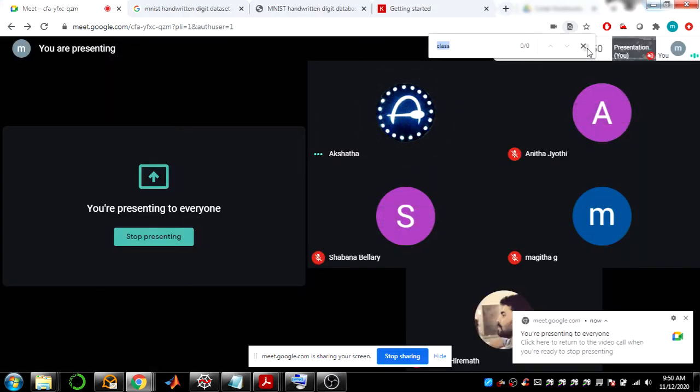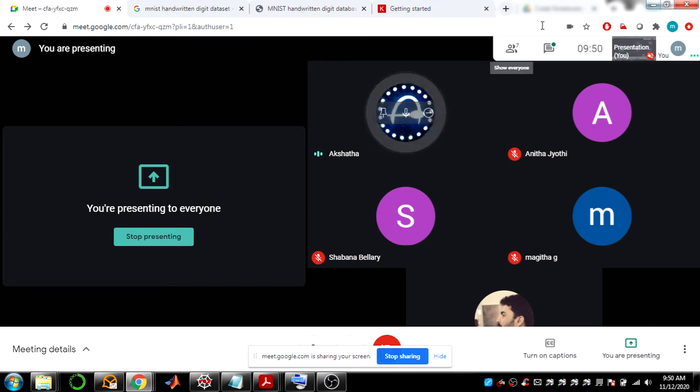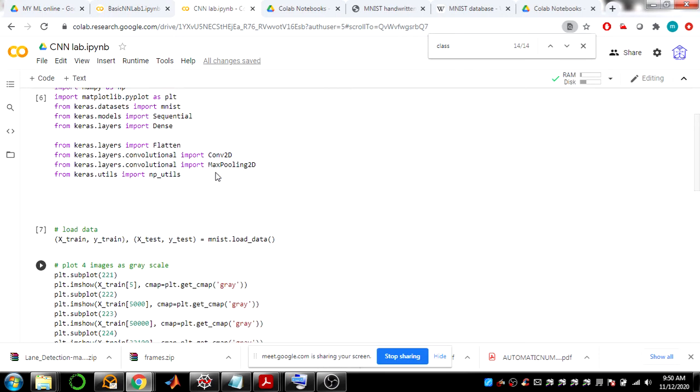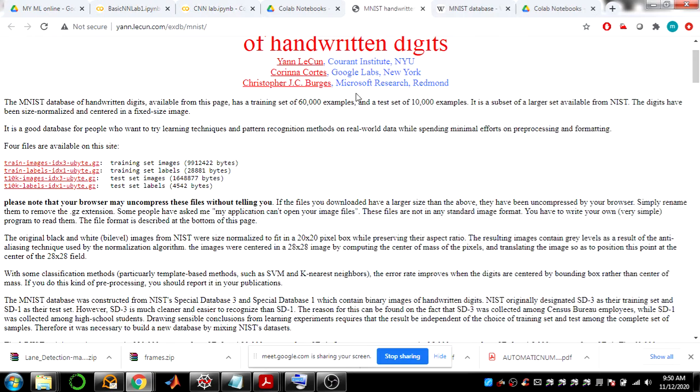So we need to start training your model, right? Before we train the model, we already have a training and test set, because the data itself comes split. We don't need to split it. The website also mentions they have 60,000 images for training and 10,000 images for testing. That's how they split it already, so we need not split that.